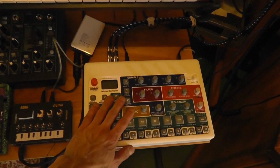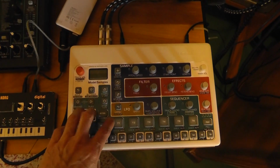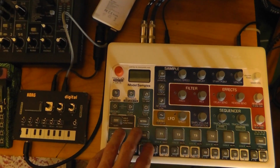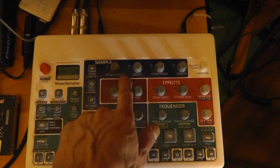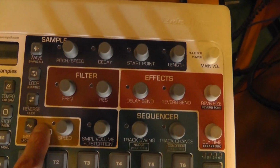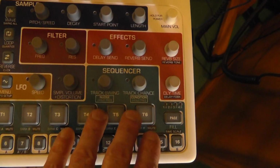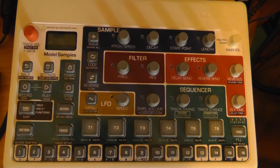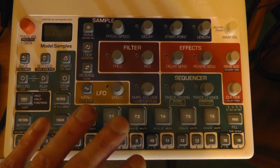First and foremost, my favorite, the Elektron Model:Samples. You can load samples into this machine. It's a sample sequencer, and it's lots of fun to use. You can load samples into it and then change pitch, decay, start point, end point, length, filters, effects, LFOs, and it is great fun. So I like making my own sounds, putting them in here, and then messing with them live, and then